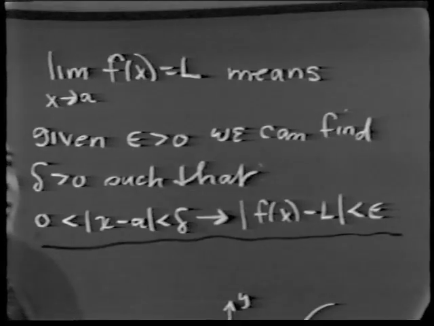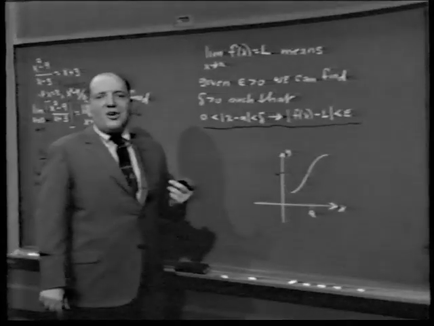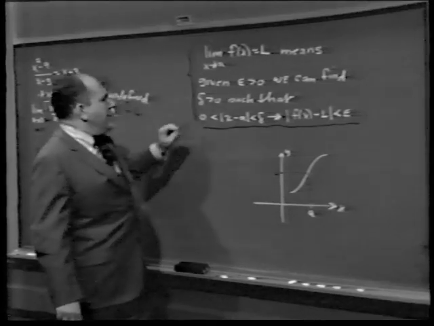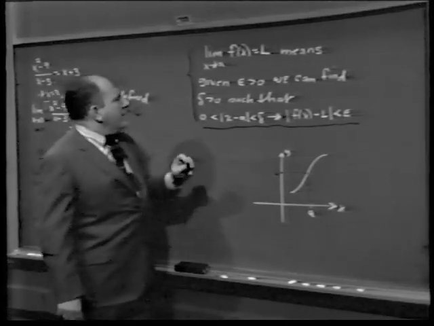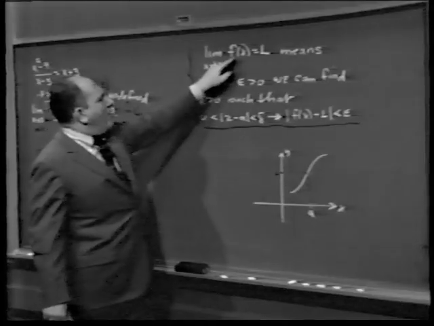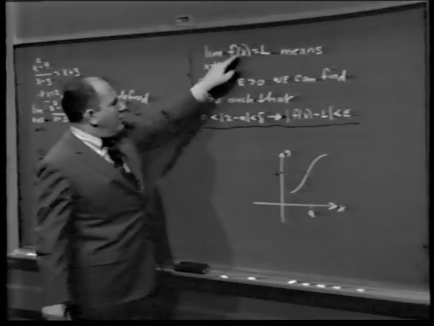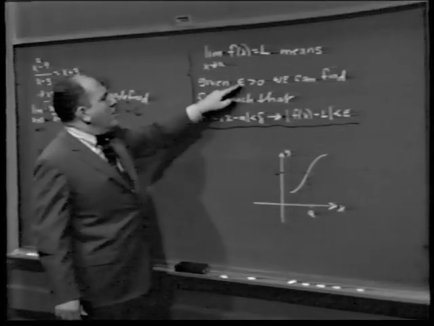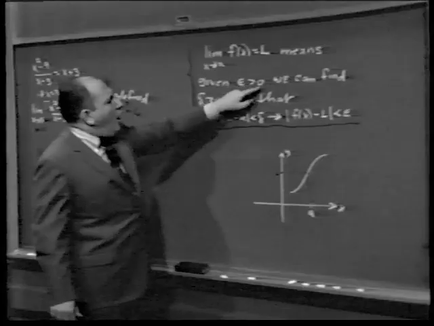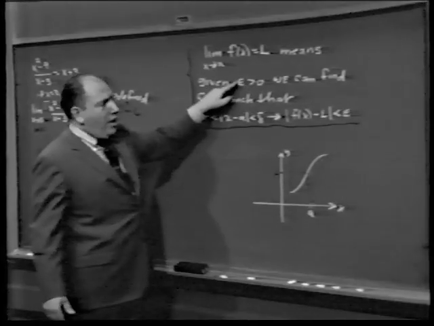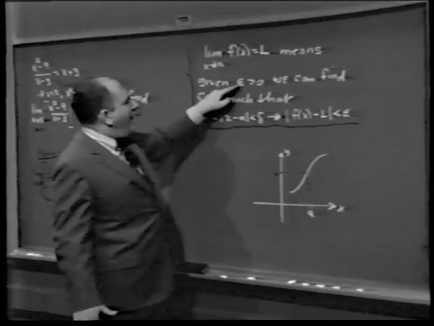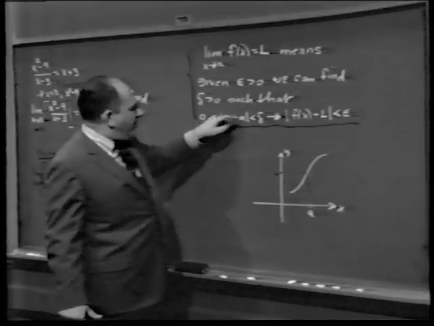See, this is the whole problem. I will now cut you in sort of on the trade secret that makes this thing very, very readable. First of all, to say that you want to get arbitrarily close in value, you want f of x to be arbitrarily close to L, another way of saying that is what? You specify any tolerance limit whatsoever, which we call epsilon. And I can make f of x get to within epsilon of L just by choosing x sufficiently close to